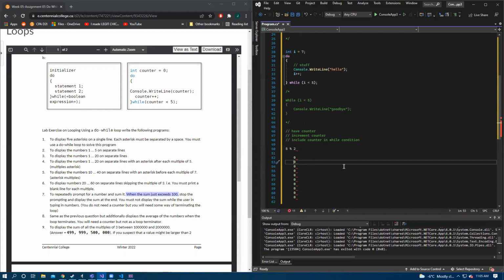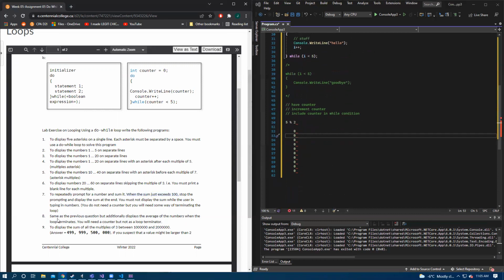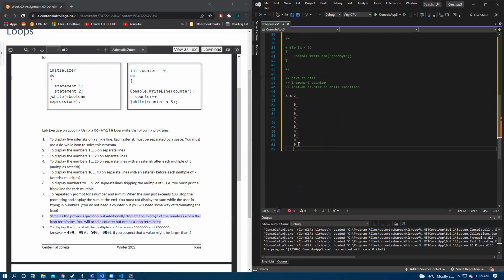And the reason this is important is here, when we use the counter, or like when we're counting the average, we actually do need to know how many numbers the user entered. So if they put in 15 zeros, that still plays into our average calculation, right?